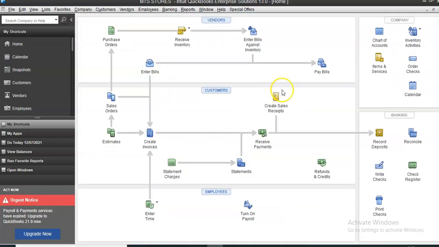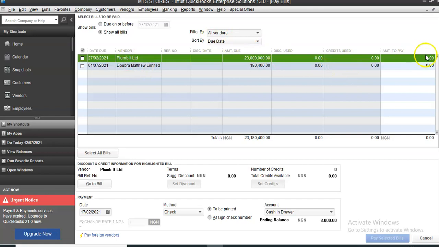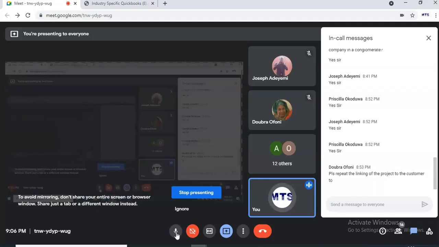Yeah. So by the time we are now done, when we actually make the payment, maybe in part or in full, you now come to your pay bills. Either you click on it from here or you come to vendor, then say pay bills. So you're going to see that bill outstanding. You just click on it, then you input the part payment you paid, maybe 11 million, 10 million, any amount. Even if you paid everything in full, just tick it, then select the bank account you paid from and the date, then pay your selected bill. Just the same thing we discussed earlier. So you just need to know which of this stuff you are going to use depending on